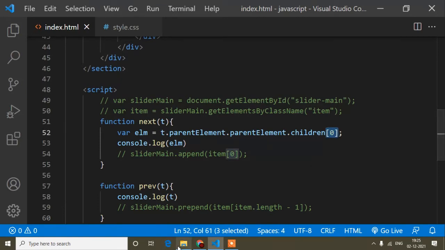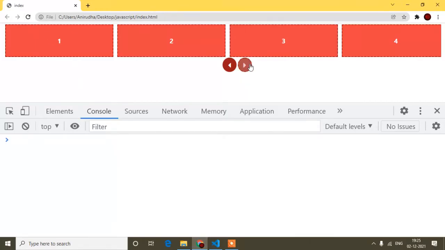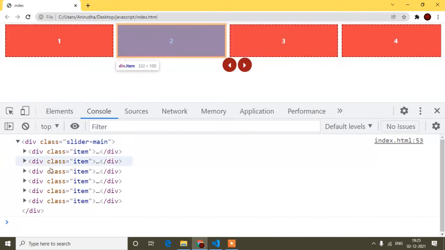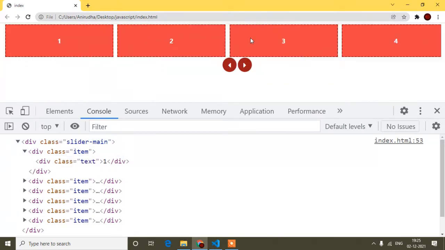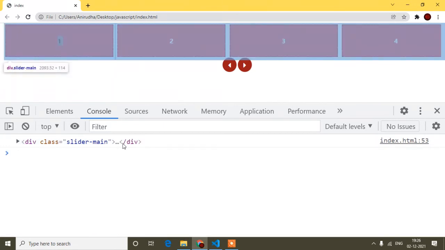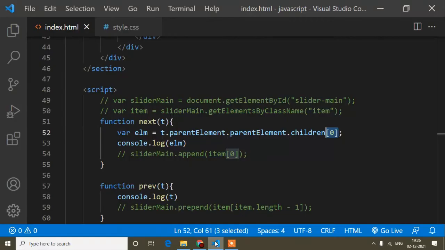So now if I save and refresh, and then click, you can see I'm getting only slider main, and inside this slider main I have some items. These are the items. You can see here the items. Inside these items you can put your images also, I already said. So now the main thing I can get, that is slider main. And now guys, this one I'm getting like this. Before, I had written this using id, but now I'm getting it this way. Okay, so now you can see after that, just see this one.